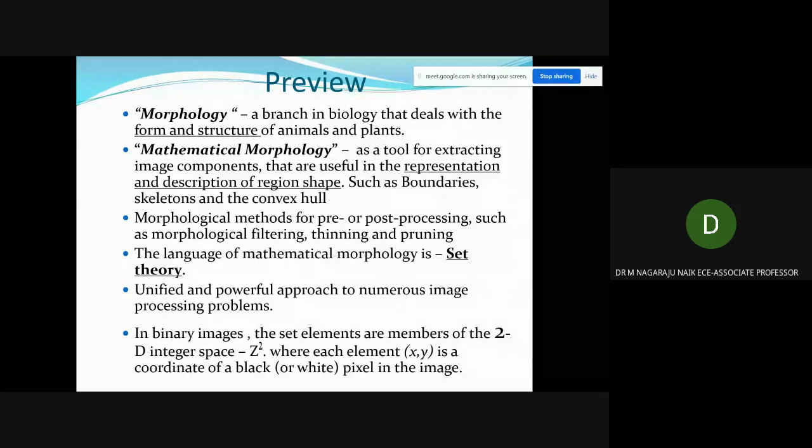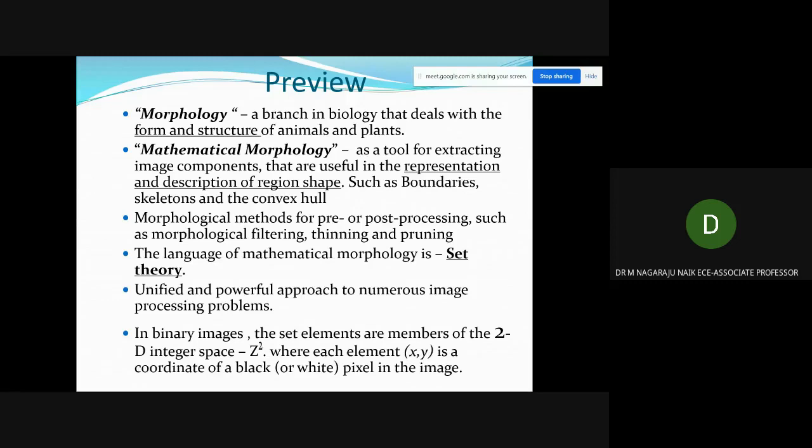Many methods are there, but among all these mathematical models, the most suitable one is set theory. So set theory operations are applied to the morphology and we are able to analyze the system.